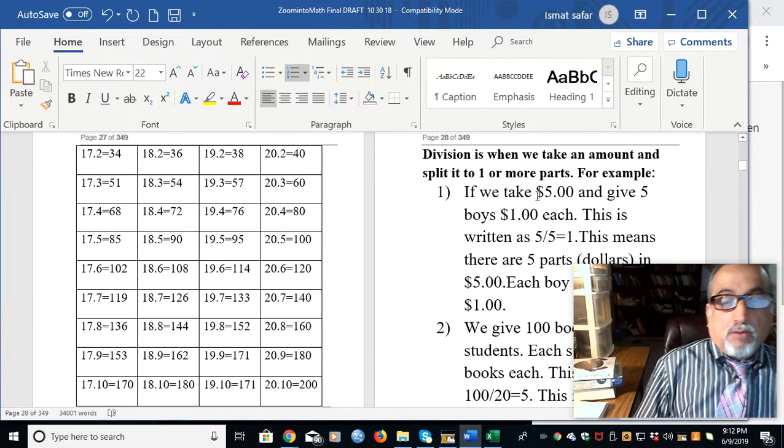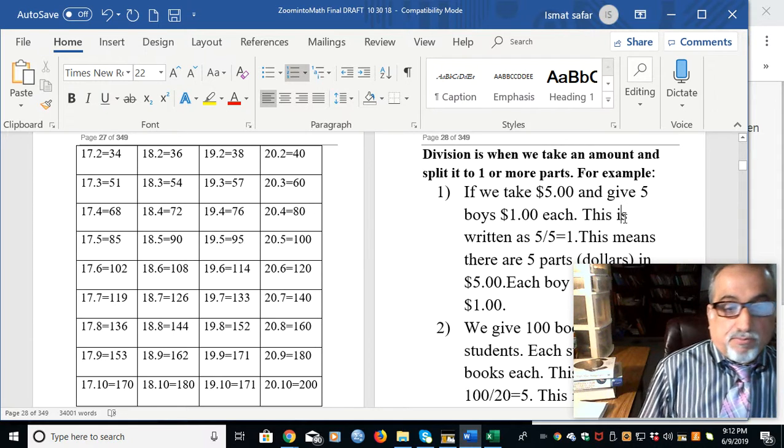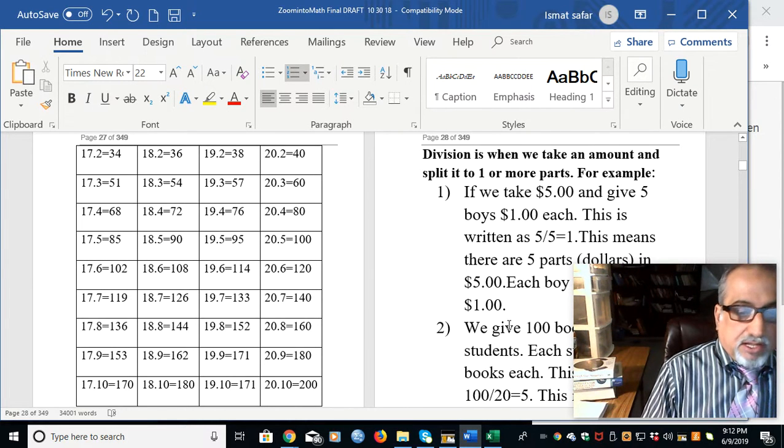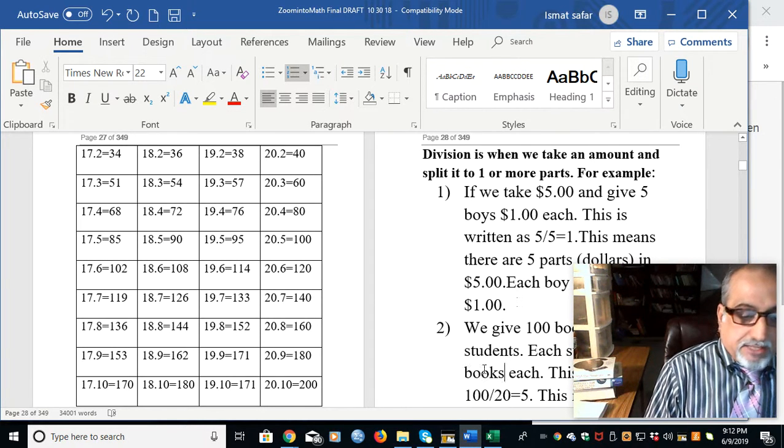Now, that is the division. So division is when we take an amount and split it into one or more parts. And that's division. Next video will